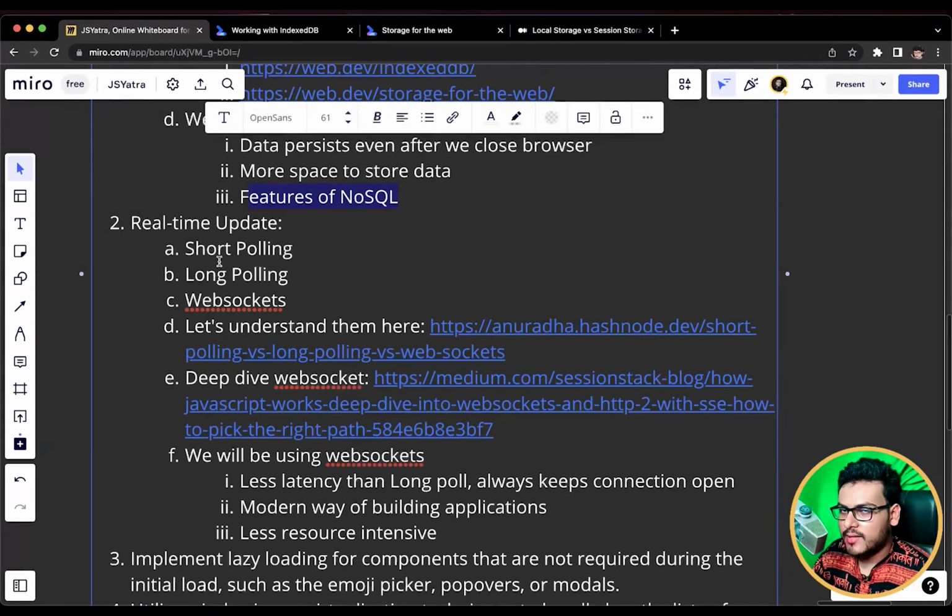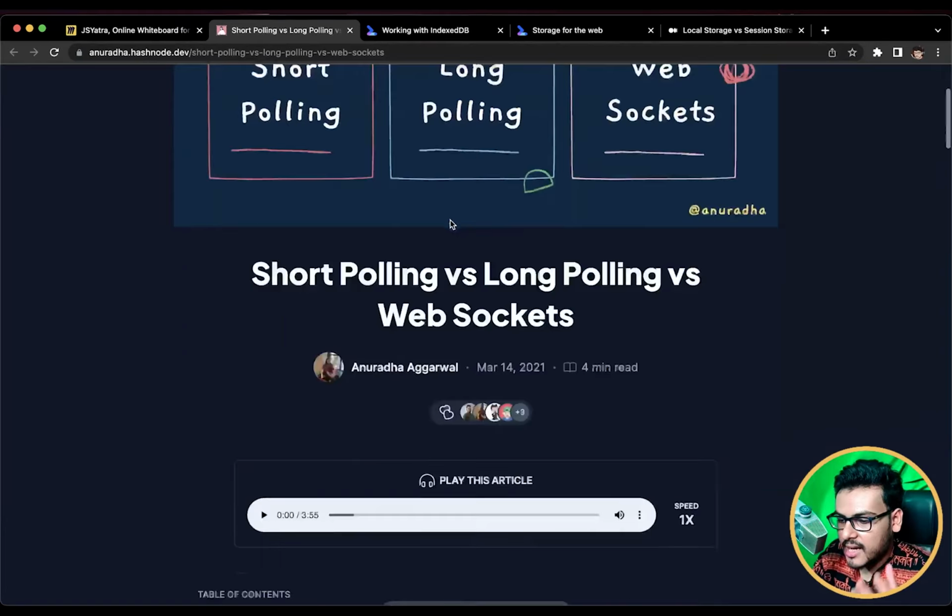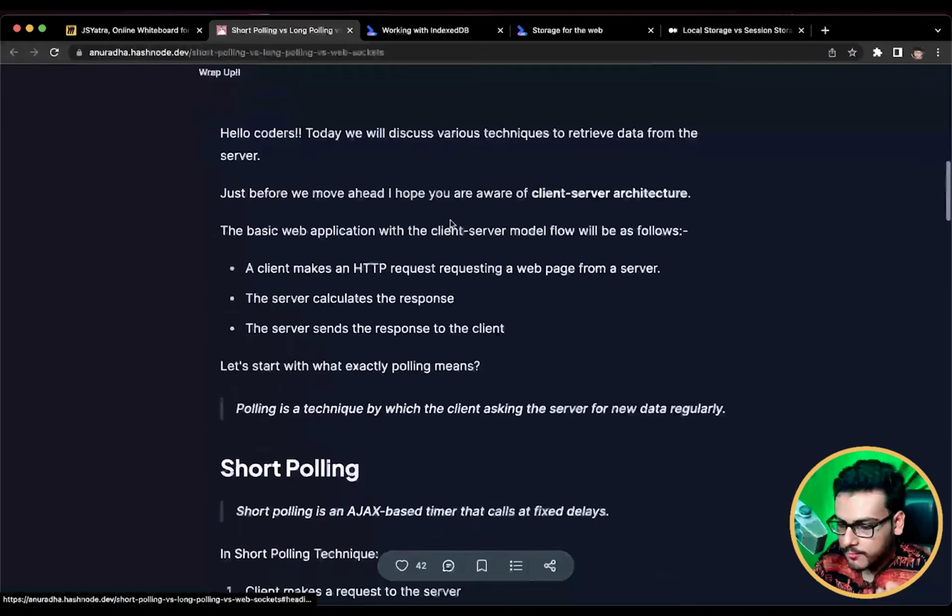So we talked about how we'll be opening a WebSocket connection already. I have discussed that, but how did we land on WebSockets, and was there any approach which we discarded before? Yes, there was. There were two approaches that we discarded before landing upon WebSockets. The first approach was short polling, the second approach was long polling, and then the third, final approach which we used was WebSockets. So let us understand in brief what these polling techniques are and when and why we should use them.